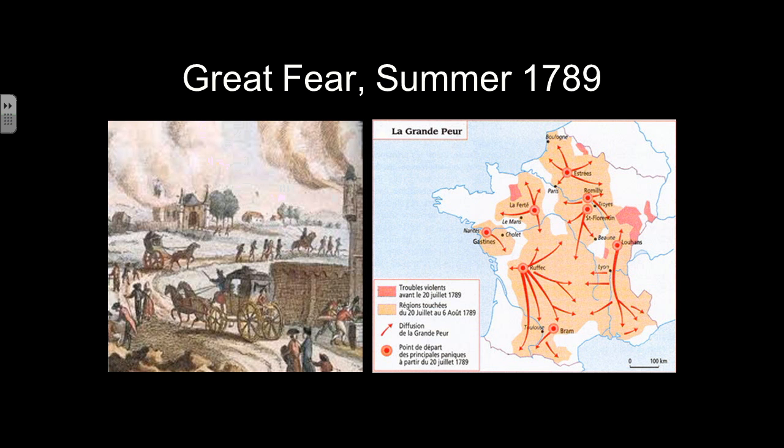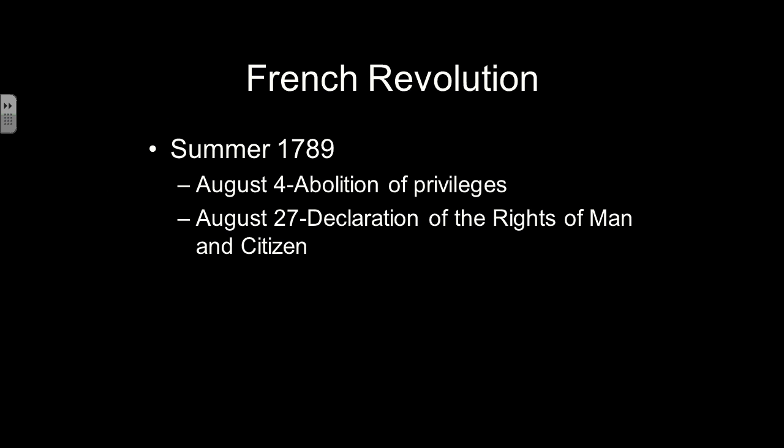The result was the National Assembly realized that they had to move fast. They had to move fast because if they didn't, the people of Paris and the people of the French countryside were likely going to become even more frustrated and turn on them. So they passed a couple of laws immediately to tell the people, your thoughts, your wishes are being listened to, the government is responding. On August 4th, 1789, the National Assembly